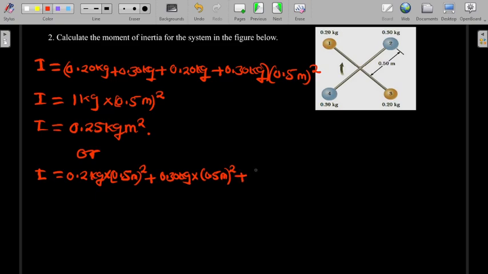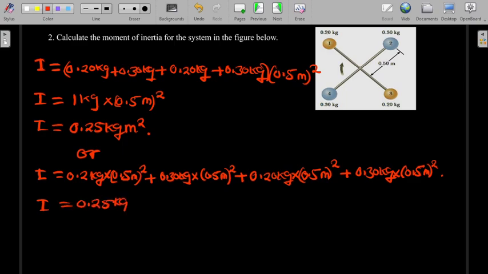Then we add the moment of inertia for the third pin, which is 0.20 kg, multiplied by the radius 0.5 meters, squared. Then plus the fourth pin, which has a mass of 0.30 kg, multiplied by its radius 0.5 meters, squared. So we still get the same answer,